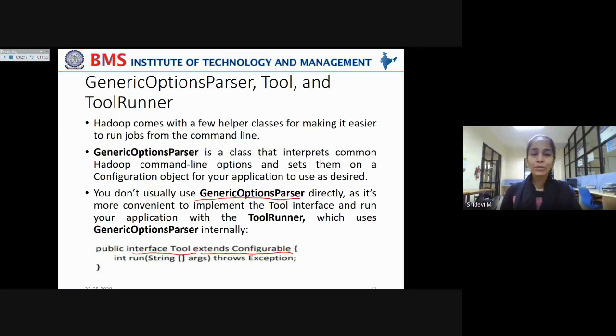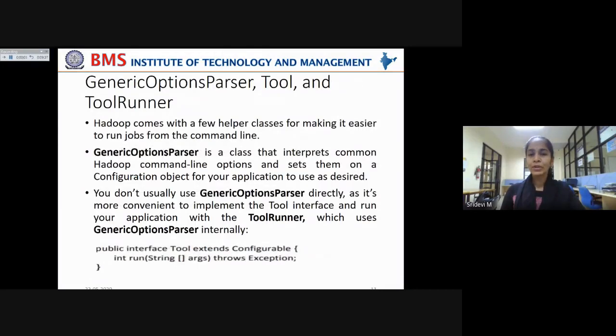Now this has a declared method run. This is already declared in the Tool interface, and it can be overridden by the classes which implement this Tool interface. This run method is declared as throwing Exception in some extreme cases.